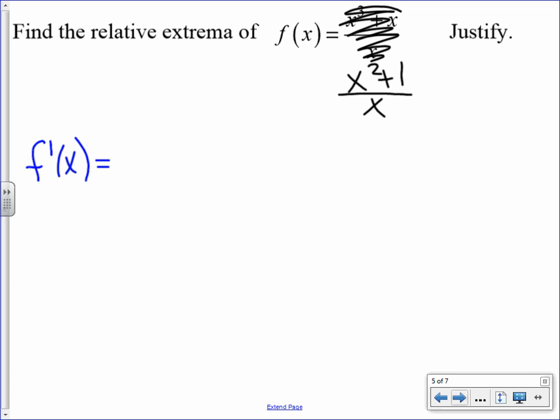Wait, the answer is 1 though. I'm pretty sure it's quotient rule. Low D high minus high D low. Oh, I copied it wrong. I put x squared plus x over x. Then it would have been 1. It's still x squared minus x. So it would have been 1 because, okay,